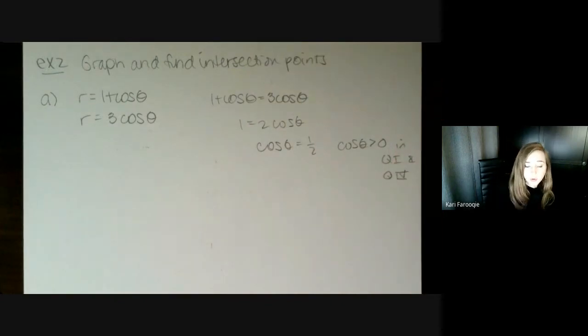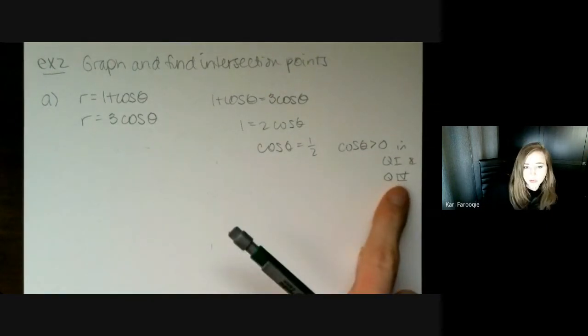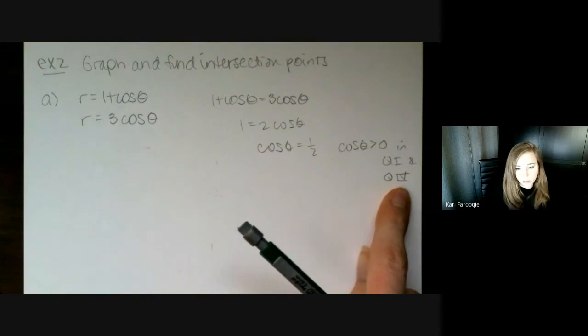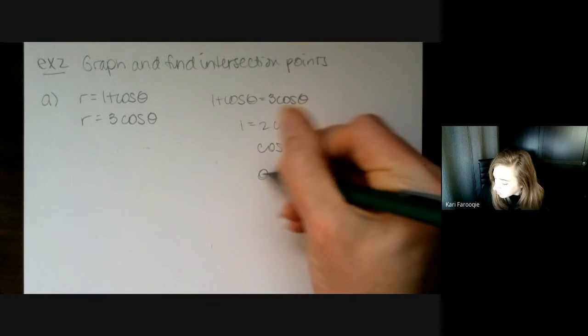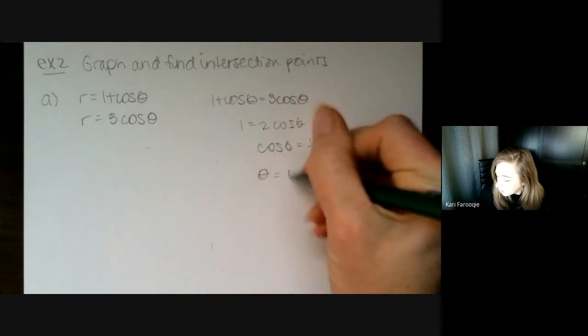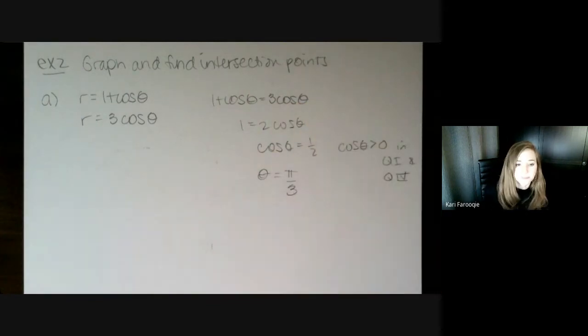Now, when you're looking for the quadrant 4 value, as you probably found out while doing your homework, they're going to specify that they want this to be between 0 and 2 pi. It's a very standard instruction. So don't give one that's less than 0 or more than 2 pi. So I know, for instance, that the cosine of pi over 3 is 1/2. And we're going to also look at this on the graph just to make sure that's the case.